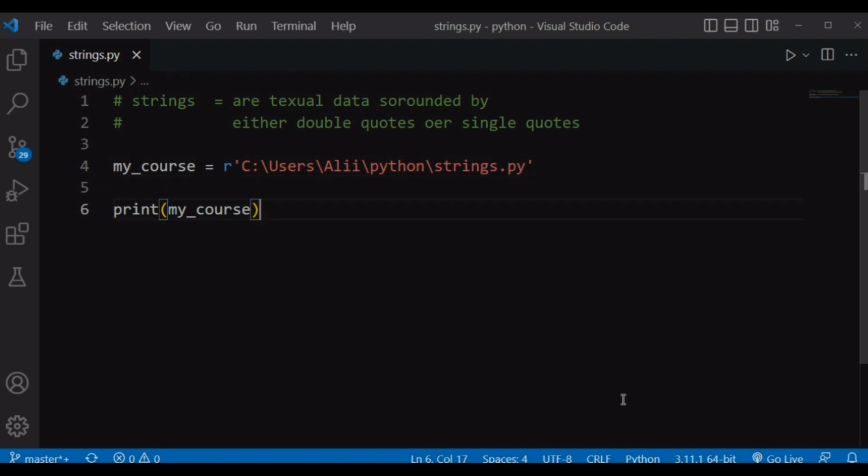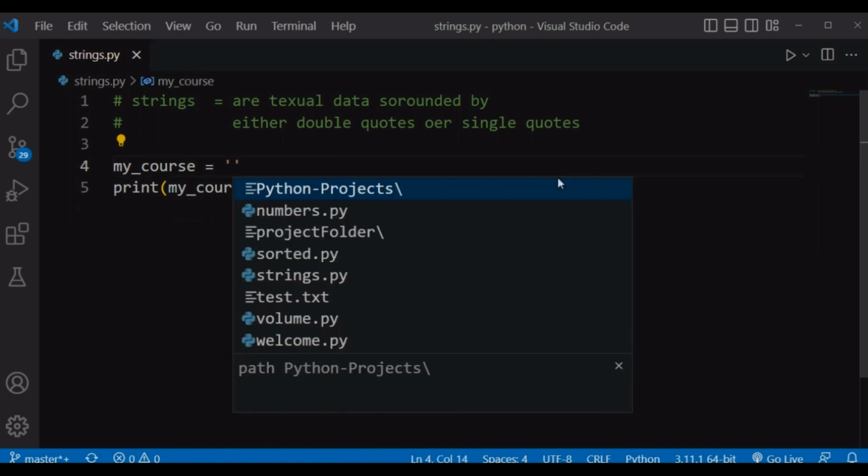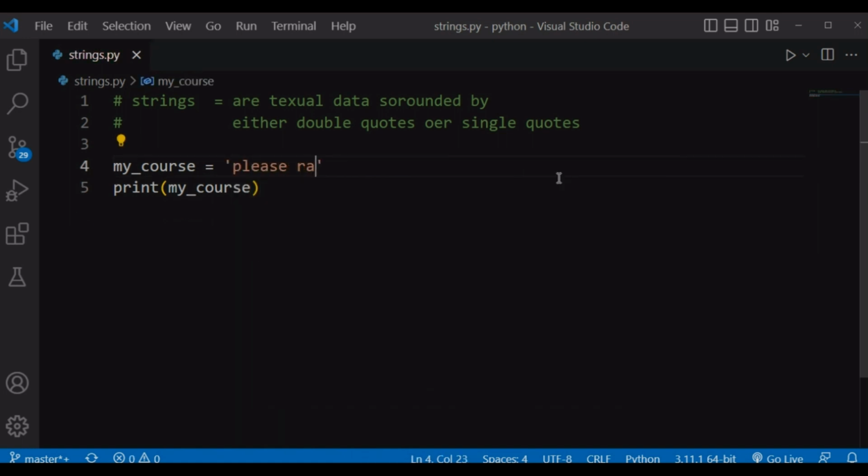Let's talk about indexing and slicing strings in Python. When you define a string in Python, it will assign each character that appears in your string to a corresponding index number, and it starts from 0. Let's say we have a string that says please rate this course,